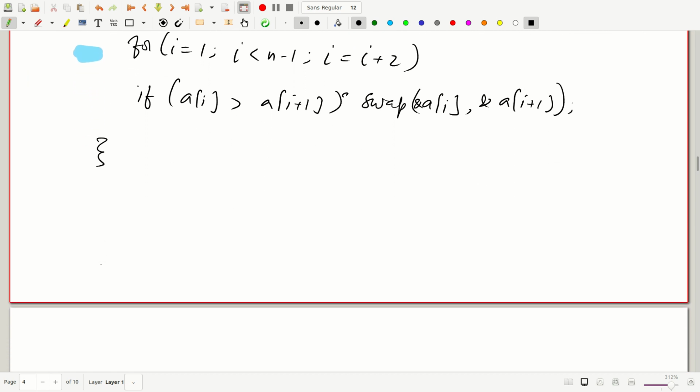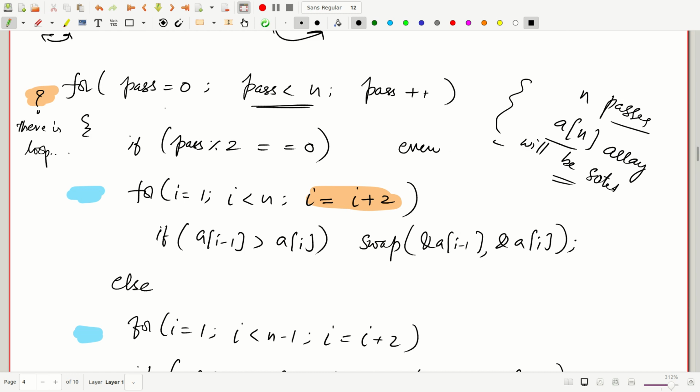Let us say we have A containing 4 elements. Let's say we have 9, 7, 8 and 6. Okay, this is not in the right order. So in pass 0, what would happen in pass 0? You enter here, pass 0, and since pass is even,